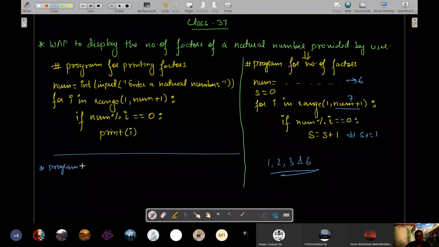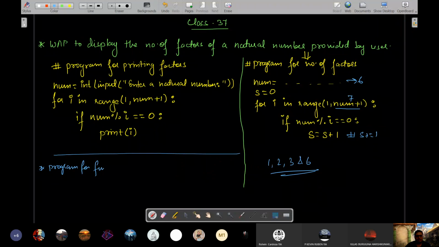Program for finding the sum, or even factorial, the sum of first n natural numbers. Let's say value of n is 70. So n can be anything. You will ask for n from the user, up to what number you want to find the sum from 1. And then you will take one variable which will be one by one accumulating the sum of the previous number, then the next number, like that.